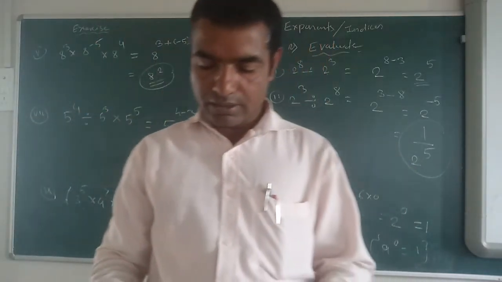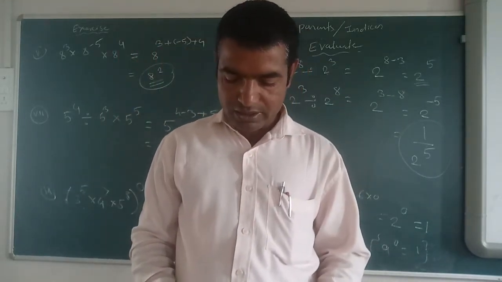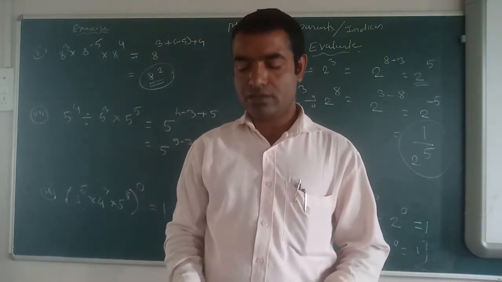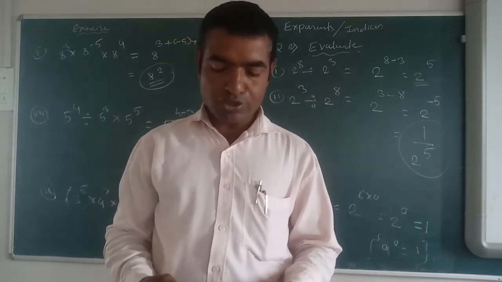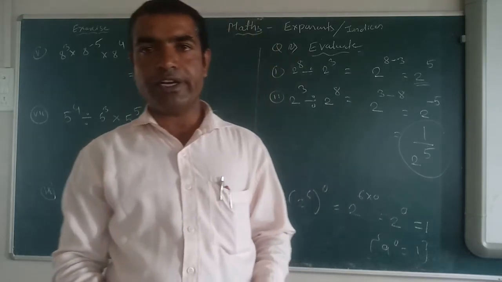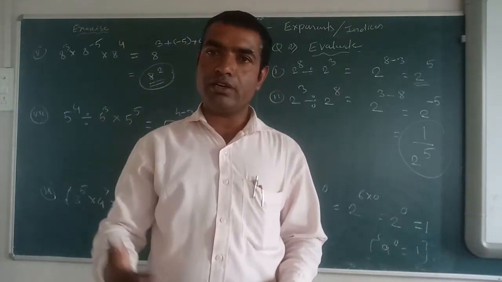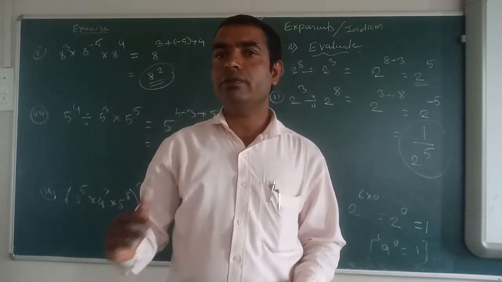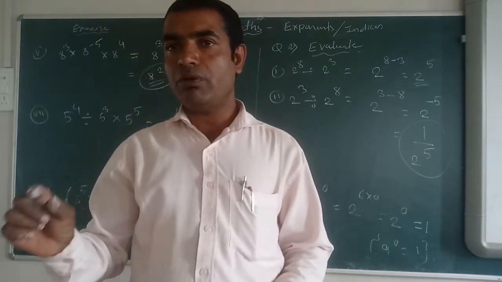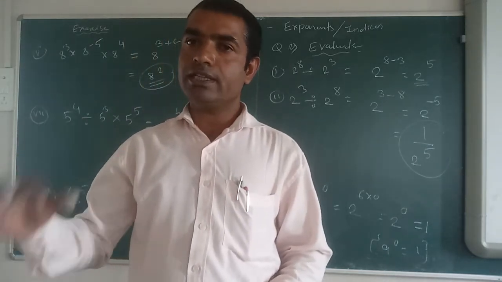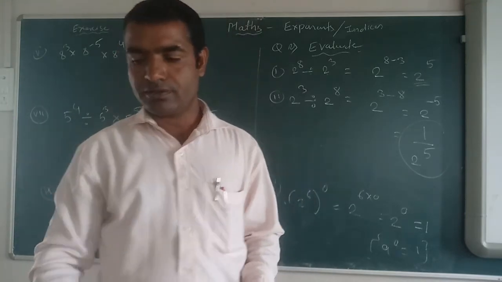Question number 3. I am going to read question 3. Simplify, giving answers with the positive index. We have to write the answer, but we have to specify that answer in the positive index. If any answer comes in the negative index, we have to convert that. If that term is at the numerator, we have to take it to the denominator. Then it will be the positive index. And if that term is at the denominator and the power is minus, then what will we do? We will take that whole term to the numerator. Then their powers will be changed.